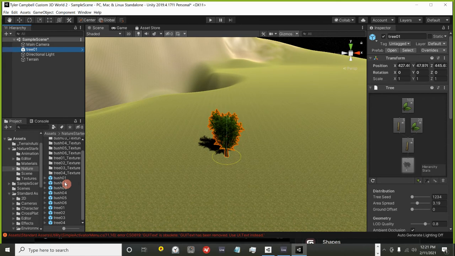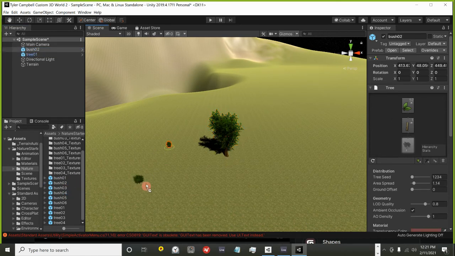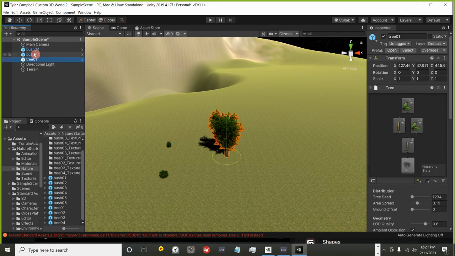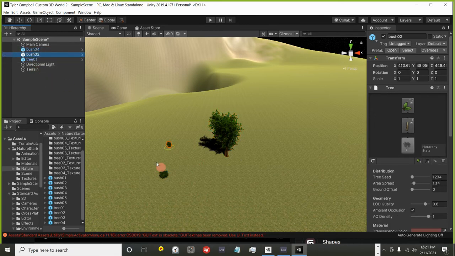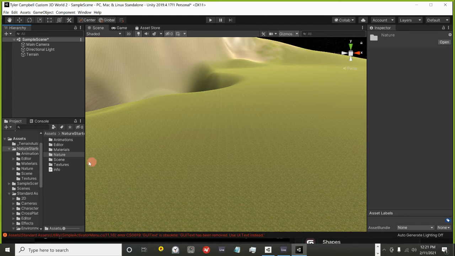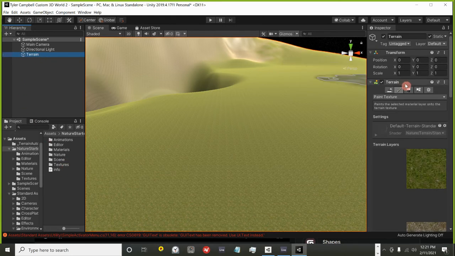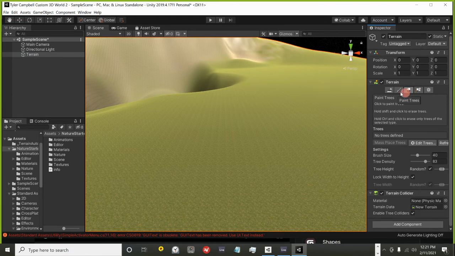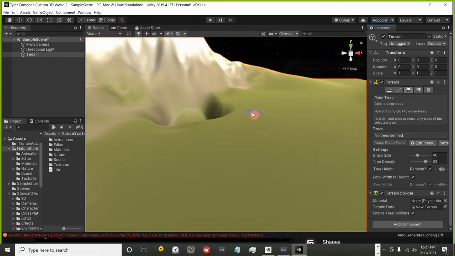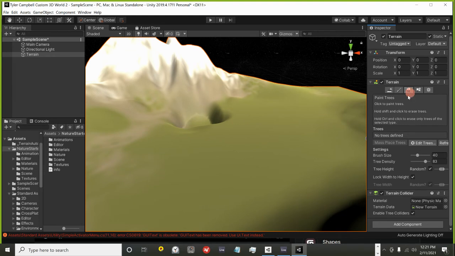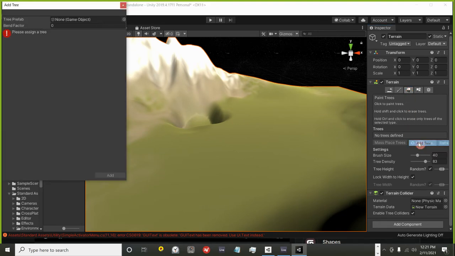And so I could sit here and drag and drop all these bushes and trees like this, and it adds it to my hierarchy. But say I want to put in a lot of trees at once. I don't want to sit there and drag them one by one, right? That would be annoying. So let's Control Z to undo adding those. I want to show you, if you go to your terrain and you click on it, there is a tool there called Paint Trees. This is a way to put a lot of objects at once onto your game world, okay? So Paint Trees, Edit Trees, Add Tree, and where it says None,